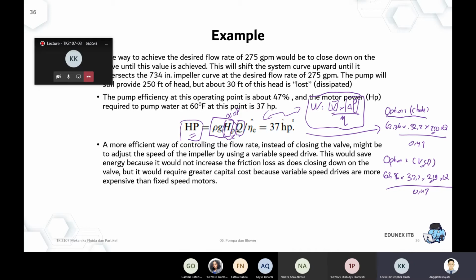Sir, so horsepower is actually the actual work that you put out, right? Yes, the energy consumed. So it's the actual or gross, so it's not the one that is only used to increase the fluid, but that is provided by the external sources. That's why it's already multiplied by the efficiency. Okay, any questions?